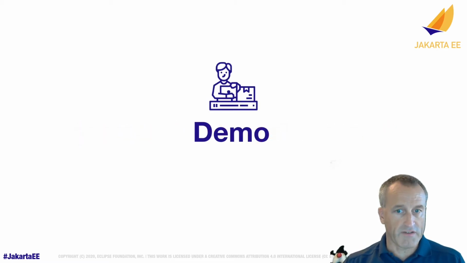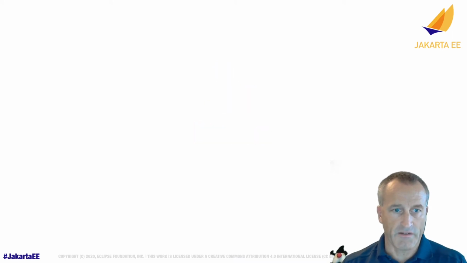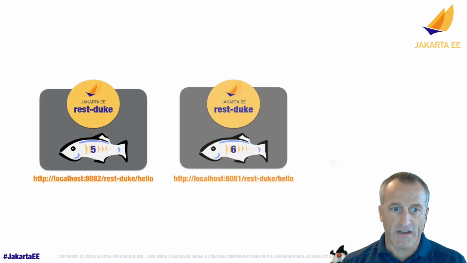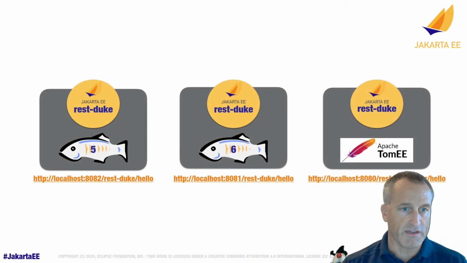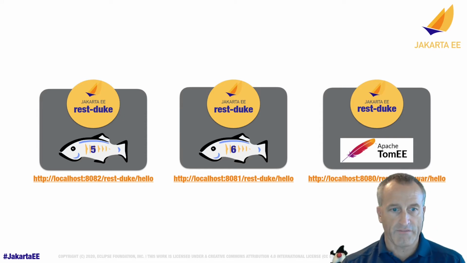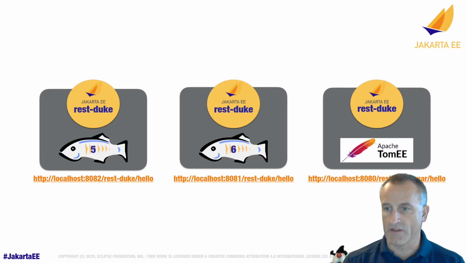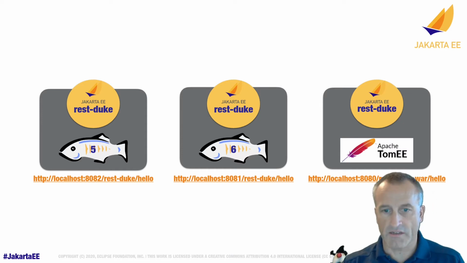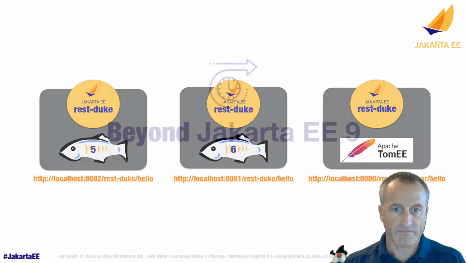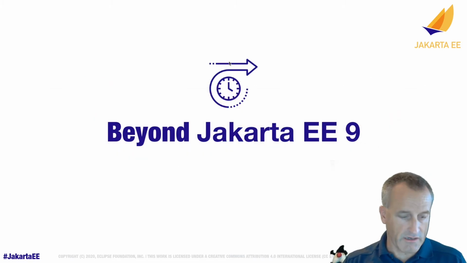And what better way of showing that than using a demo? In this example, I'll take a simple REST application, and I'm running it on Glassfish 5 on the Javax namespace on Jakarta EE8. Then I'll transform it to Jakarta EE9 and run it in Glassfish 6 as well as Apache Tommy to show that the namespace switch actually works across implementations. So let's go and look at that.